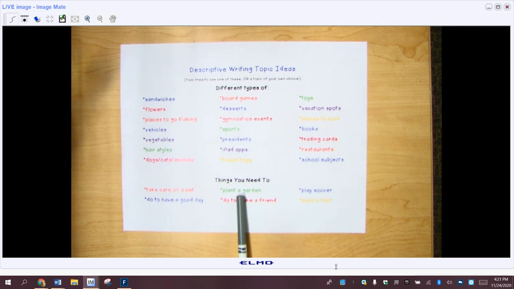Maybe you would talk about soil or seeds or gardening tools. Things you need to play soccer. So you could talk about the different equipment or the field. Keep in mind you're describing things that you need for that. This is not a how to paper. So don't write how to play soccer, but you might just say things you need to play soccer, such as